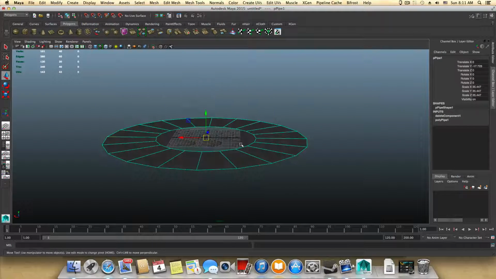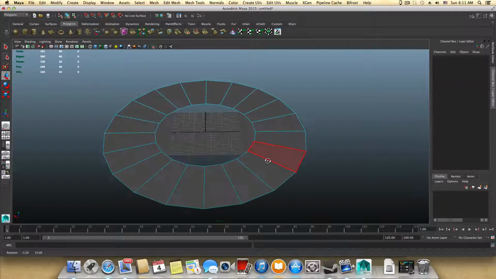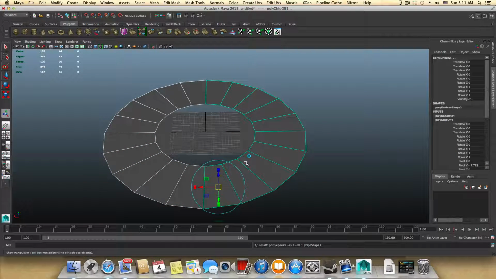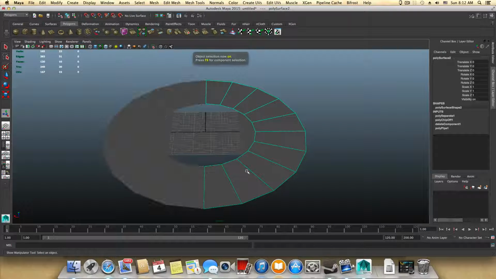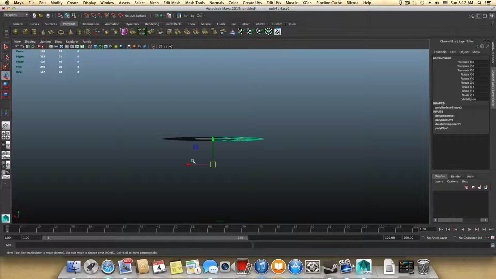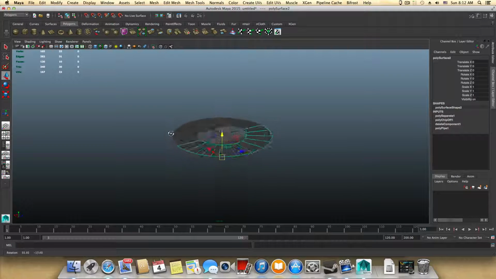It's in the center. So right click, choose face, grab all those, mesh extract, and press F8. So right now it's still on the center of the pivot, but it's down here. And this is a little bit weird, but it shouldn't be there. It should be here